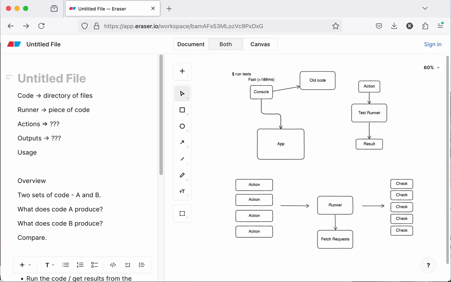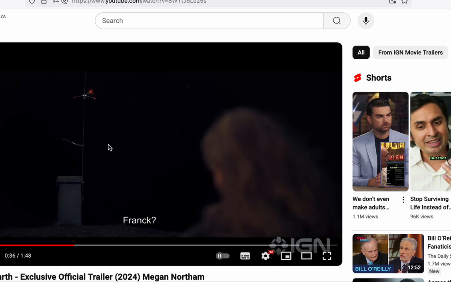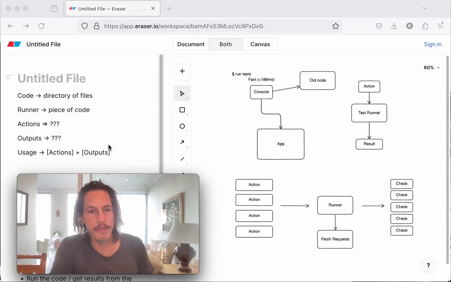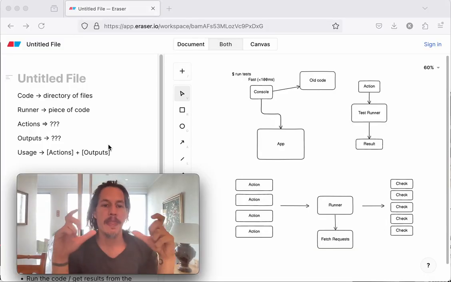So I suppose the usage really is a list of actions plus a list of outputs. Right? So we store, if we design the code in such a way, what am I doing wrong? If we design the code in such a way that